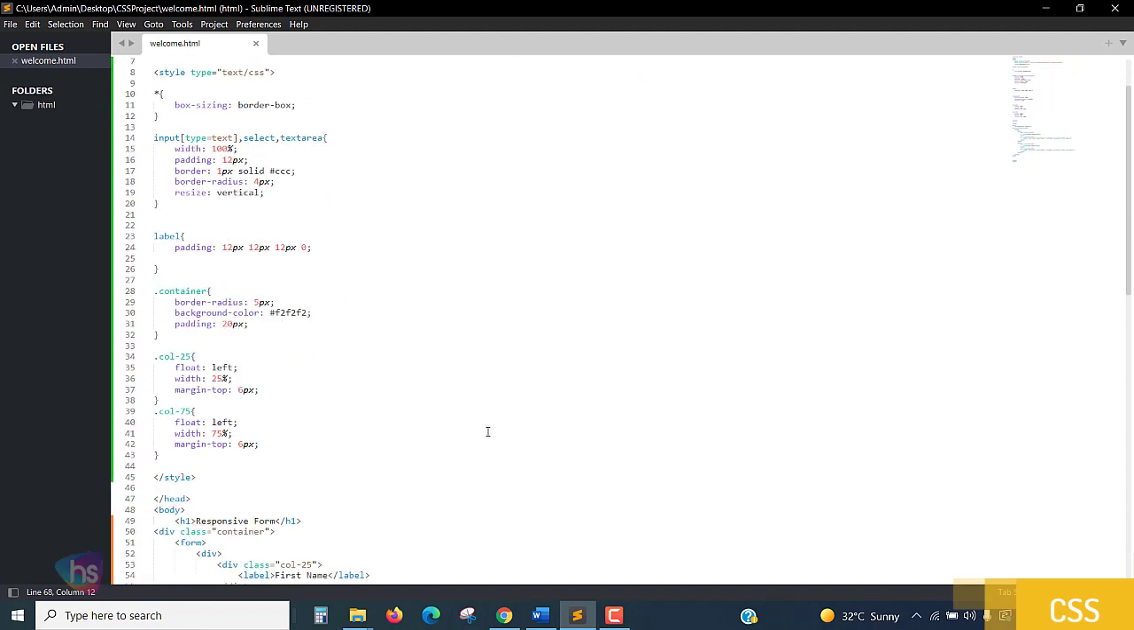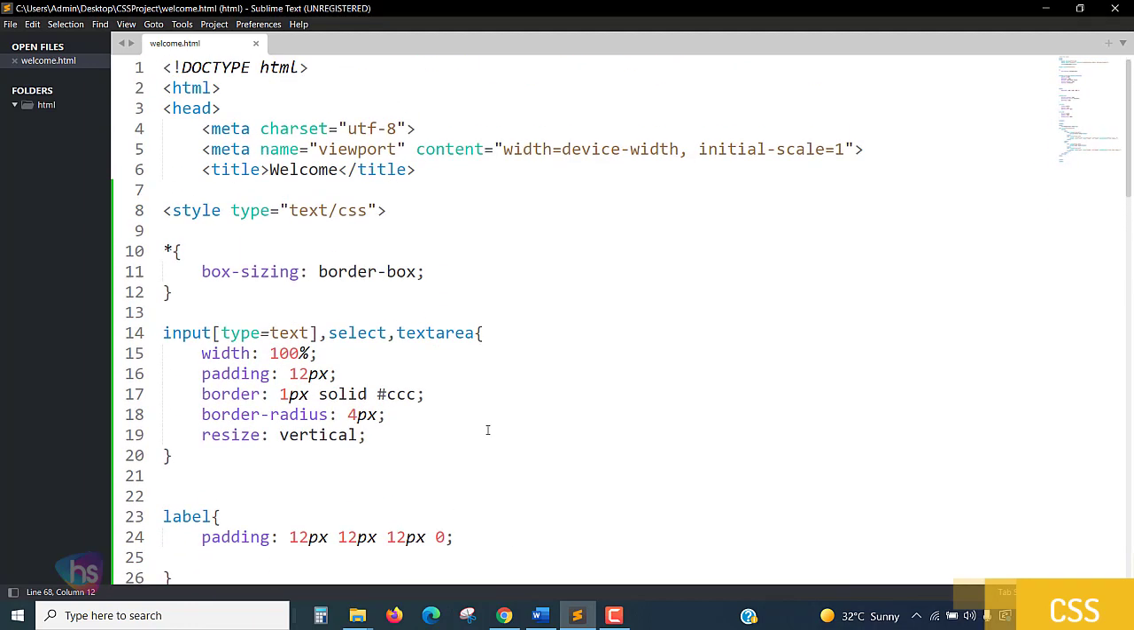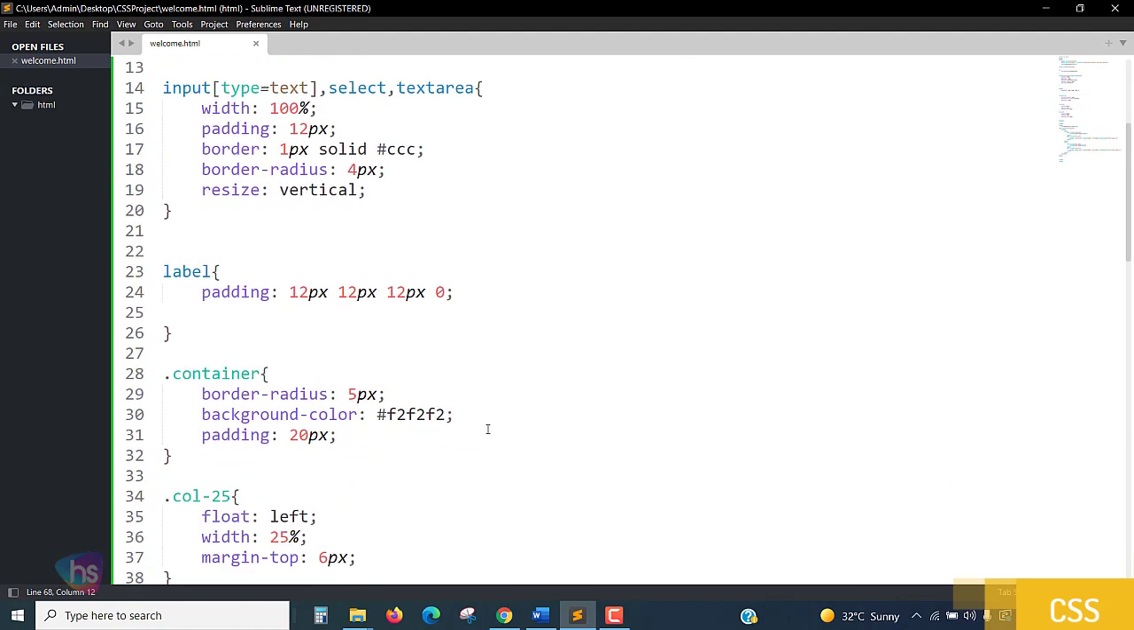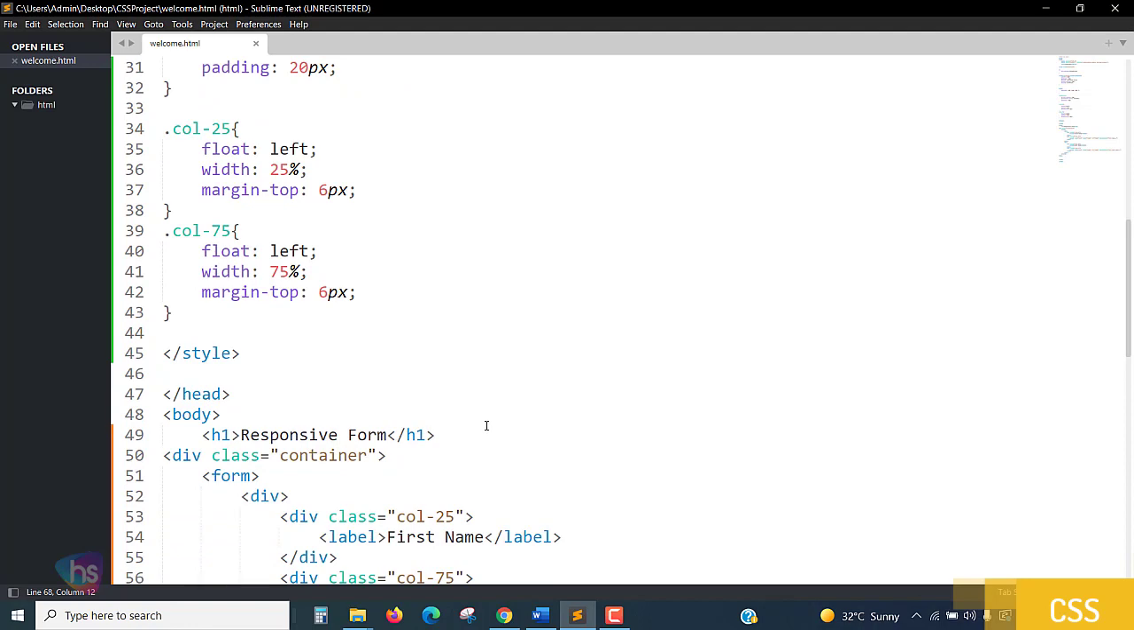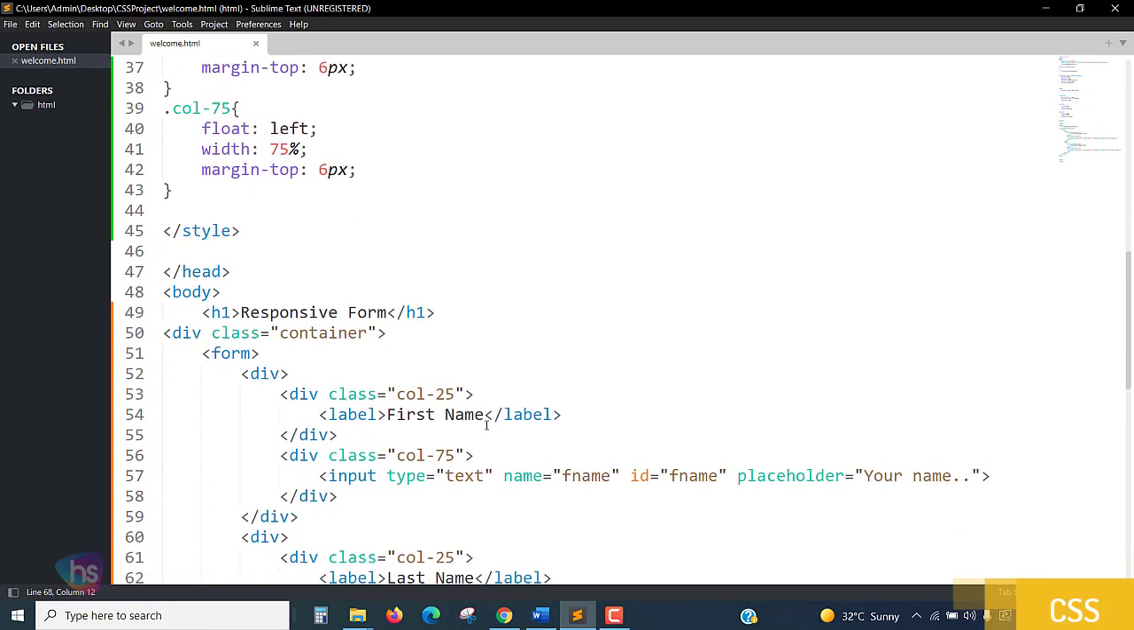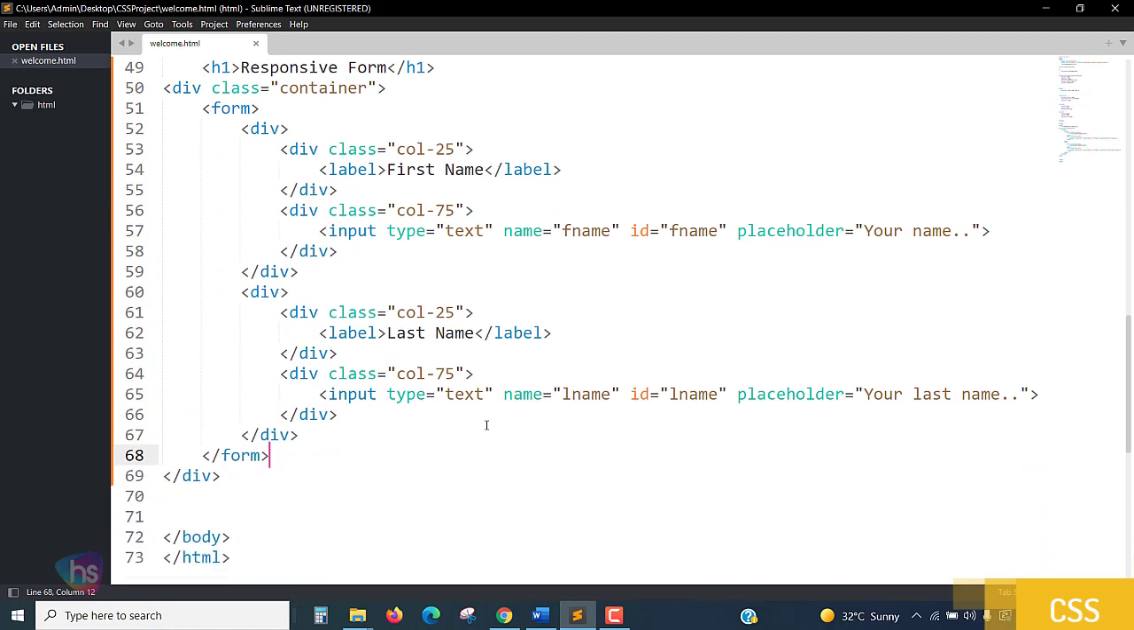So I hope it's very simple and easy to apply these things. Try to practice more and more for labels, container, column and column, splitting 2 columns of 100% width into 25 and 75, to put together a great responsive web page for all mobile or any other independent devices we can create